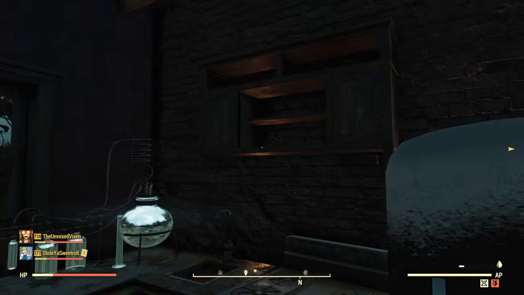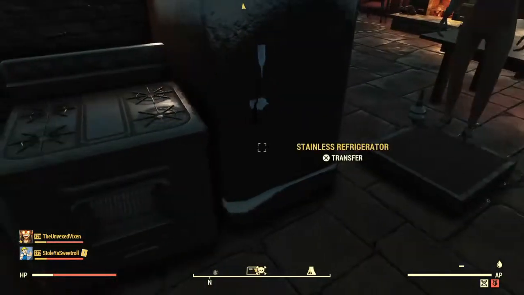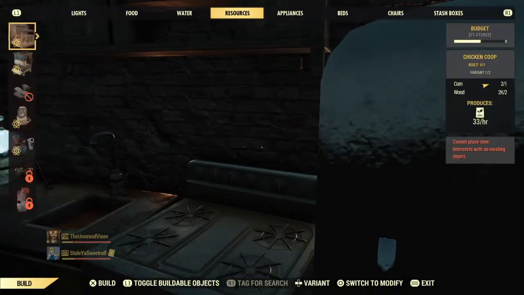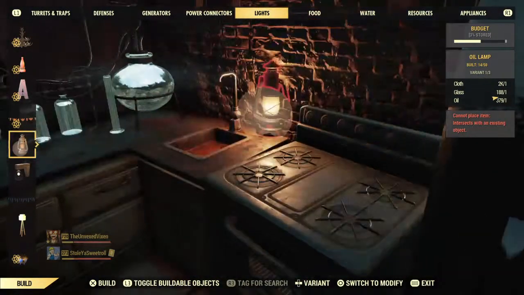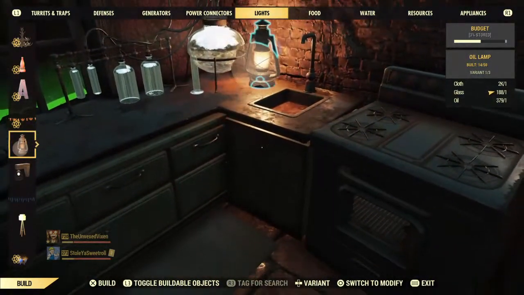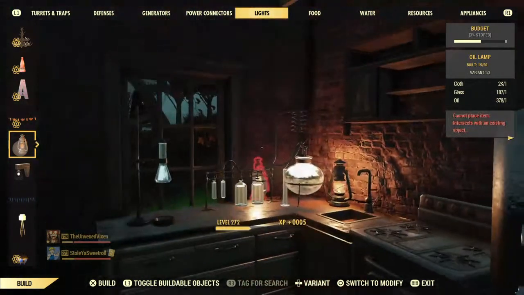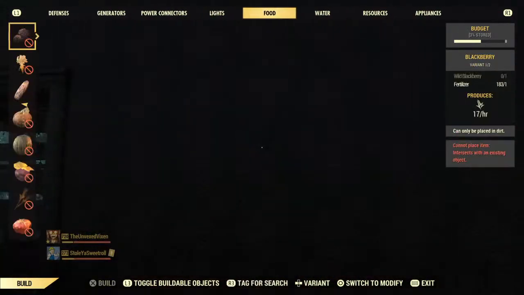All right, so now we need some lighting in here. We've got the kitchen coming together, nice and junky, kind of beat up. We need some lighting. So let's go over to our lights, and once again, we're going off of no power, so I'm just going to put a lantern in here. And maybe even...